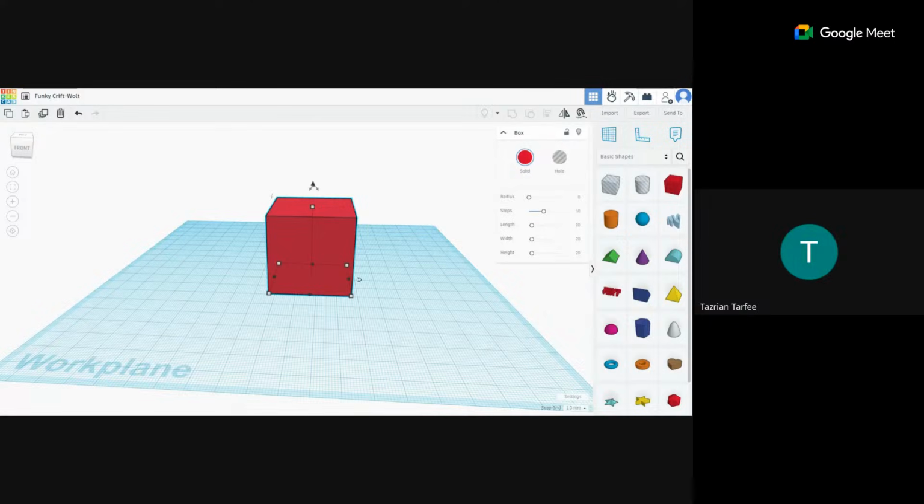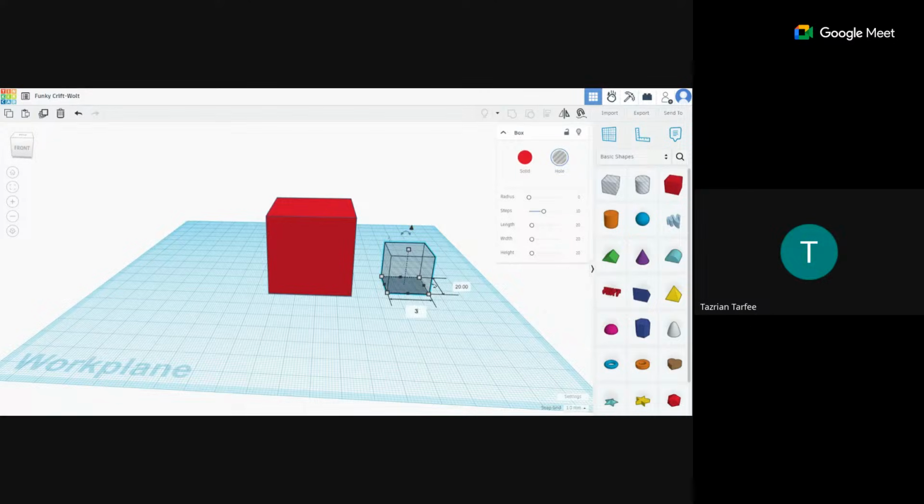Okay, once we have this, we will go ahead and try to make some space inside. So right now this box is solid, and we need to make sure that this box has space inside for it to be a birdhouse, for the birds to actually go in and stay there. The way we do that is we're going to grab this transparent box from also the right hand side. The menu we have is going to be the first shape you see. The size of this when you drag it out will also be 20 and 20, and we need to change this to be 30,